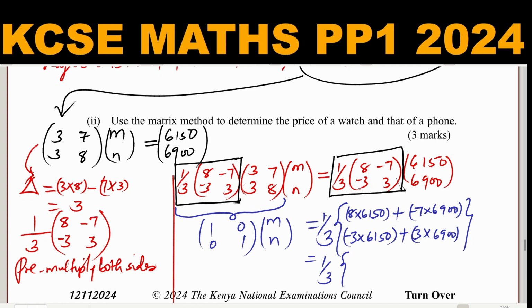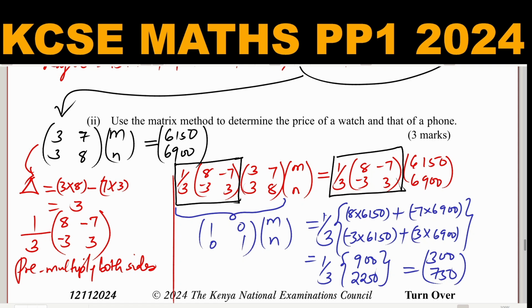Use a calculator. The first row, you'll get 900. Then the second row, negative 3 times 6150 plus 3 times 6900, that will give 2250. Then from here, a third multiplied by 900, you get 300. A third times 2250, you get 750. So that means now you have on this side